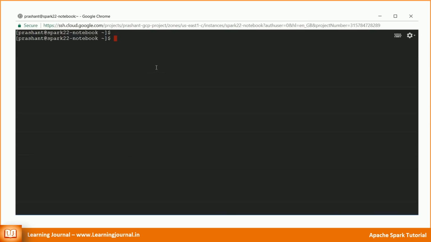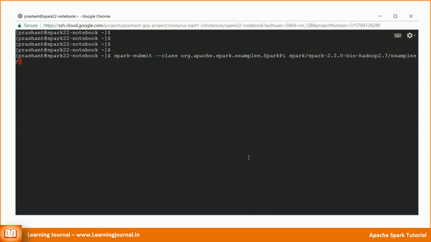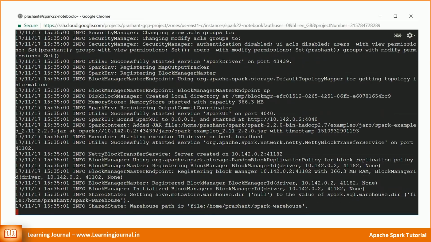Now, let's start an application using the Spark Submit utility. I'm using an example that comes along with Spark. This example approximates the value of pi. The first parameter is the name of the main class, and the next parameter is the example's jar file. Finally, I am passing an argument to the main class. I am using 1000 slices to make sure that the application runs for a while. Started. Let's go to the Spark UI.